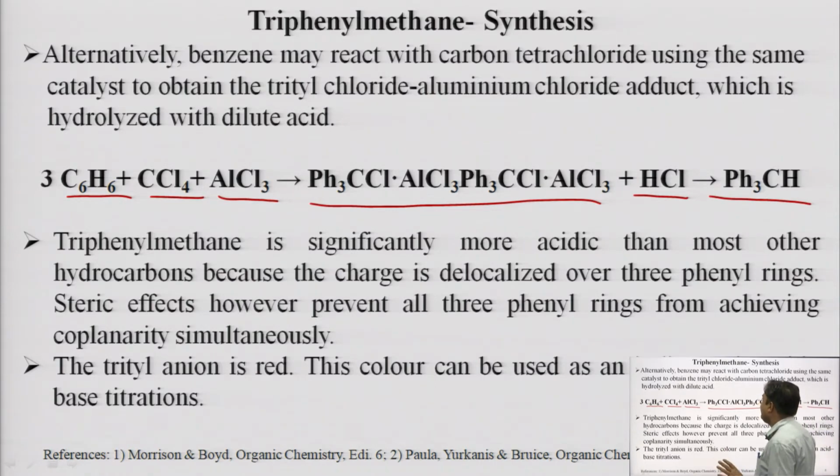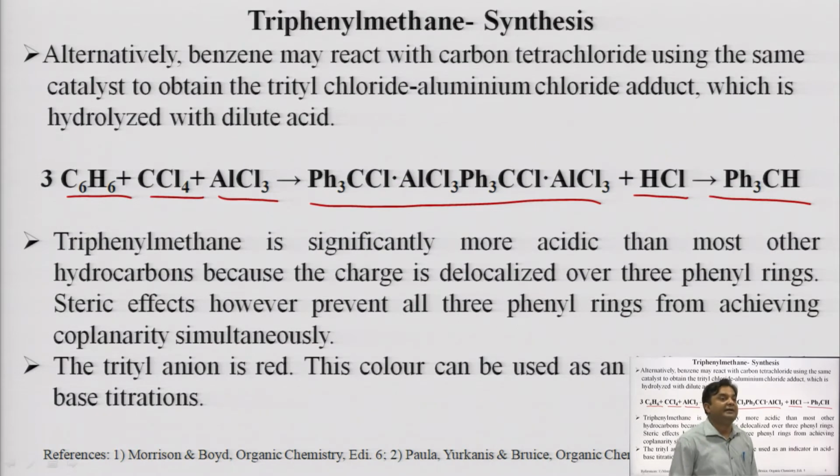So, very simple reactions by which triphenyl methane can be obtained. Again, triphenyl methane is significantly more acidic than most other hydrocarbons because the charge is delocalized over the 3 phenyl rings. Steric effects, however, prevent all 3 phenyl rings from achieving coplanarity simultaneously. As you know, the phenyl ring is a bulky group. Because of the presence of 3 bulky phenyl rings, it is not possible for all 3 phenyl rings to achieve